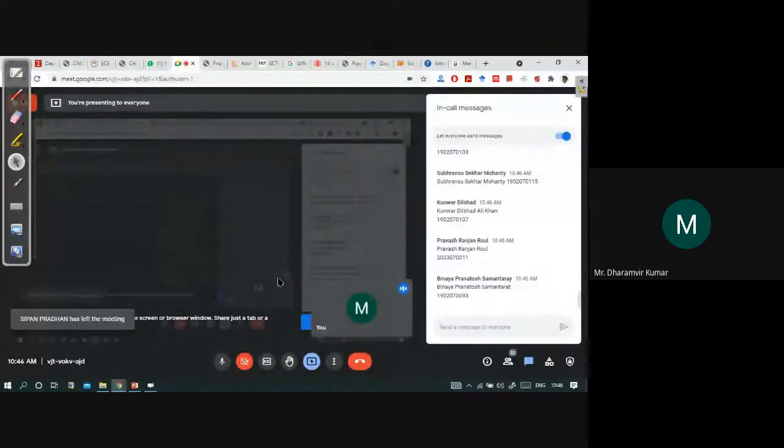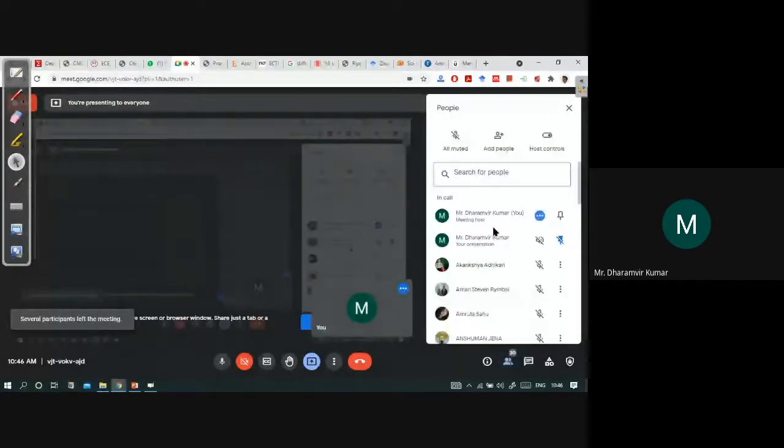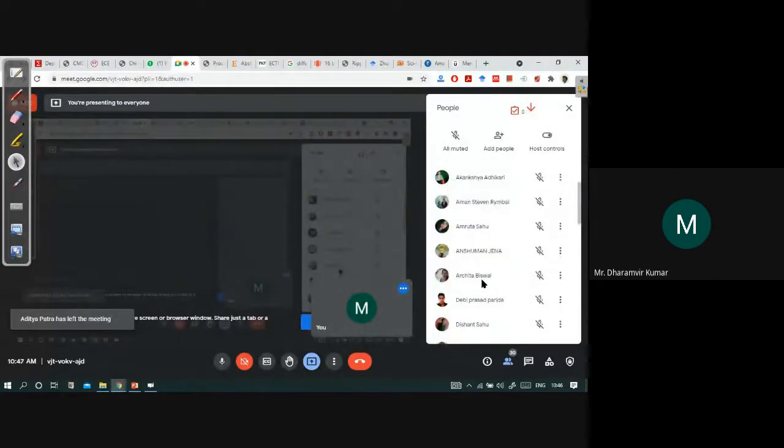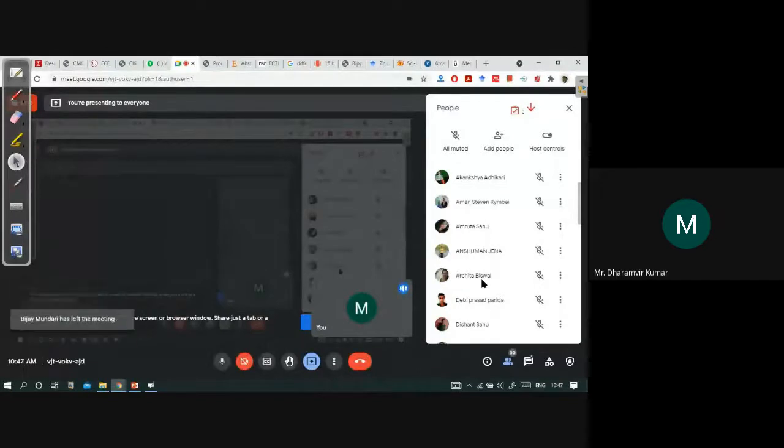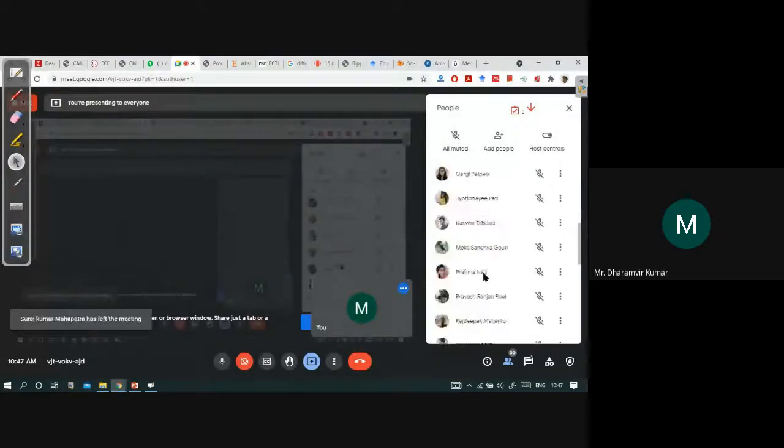So all of you, please also install this Canvas app. I will create a course on Canvas, and all the things I will share in that app also. Canvas is a learning management system. It's an LMS software that is built for education purposes only. So I will use that LMS, Canvas, since I'm also taking this VLSI course for the Triple E section. I have also informed them, and they will also be installing this.